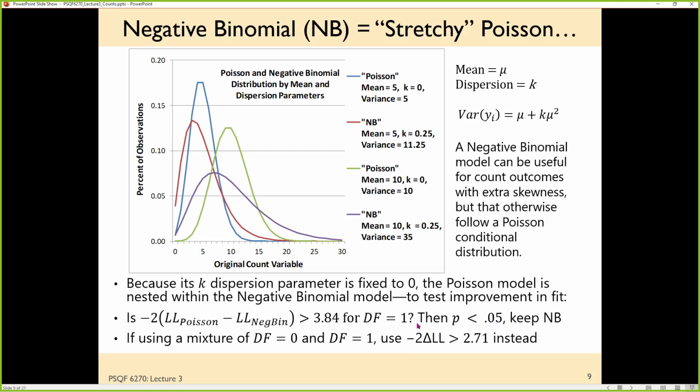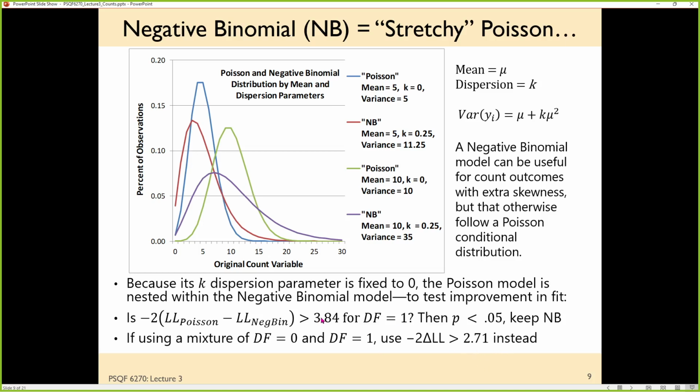The use of a mixture chi-square instead of a regular chi-square for this situation in which you're adding one thing and that one thing can't go below 0 means that you can essentially use a one-tailed test. And it's cool. So this is one of the few instances in which one-tailed tests are not voodoo bullshit. They're testing something that can't go the other way. There is only one tail. Fair. You can't have a negative k. So the difference, practically speaking, boils down to the use of a critical value of 3.84 for this test versus 2.71.